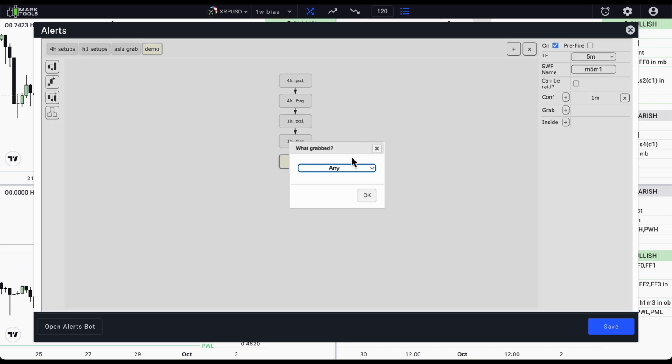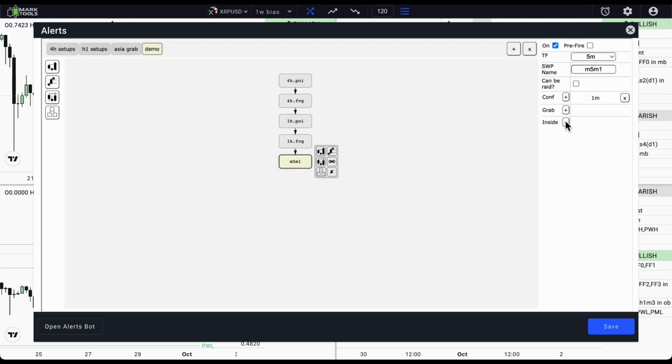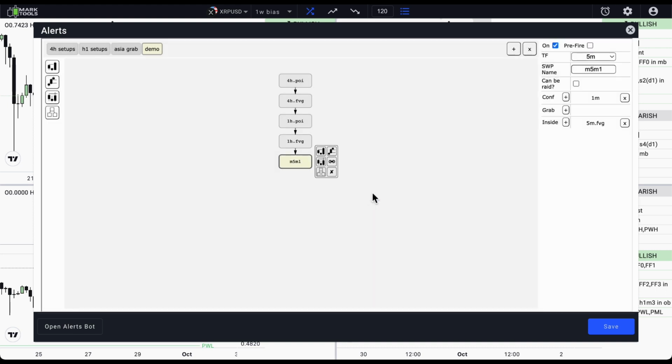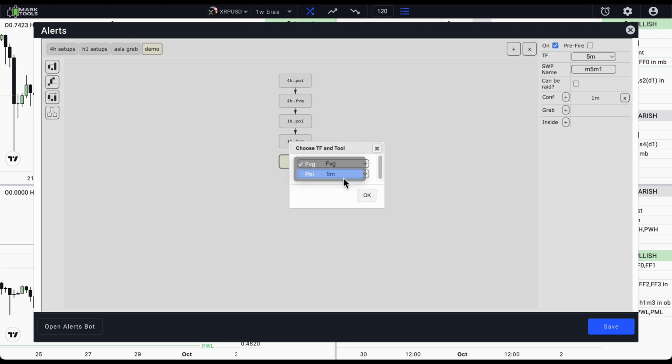The field grab is similar to the POIG grab field and says what liquidity the sweep must grab in case our scenario is demanding that. The field inside has refining zones for sweeps we define. For example, I created M5M1 and I'm considering sweeps only in FVG zones, so I can add FVG to satisfy my conditions. If I need to have sweeps only in POI zones, then I add POI to achieve that.